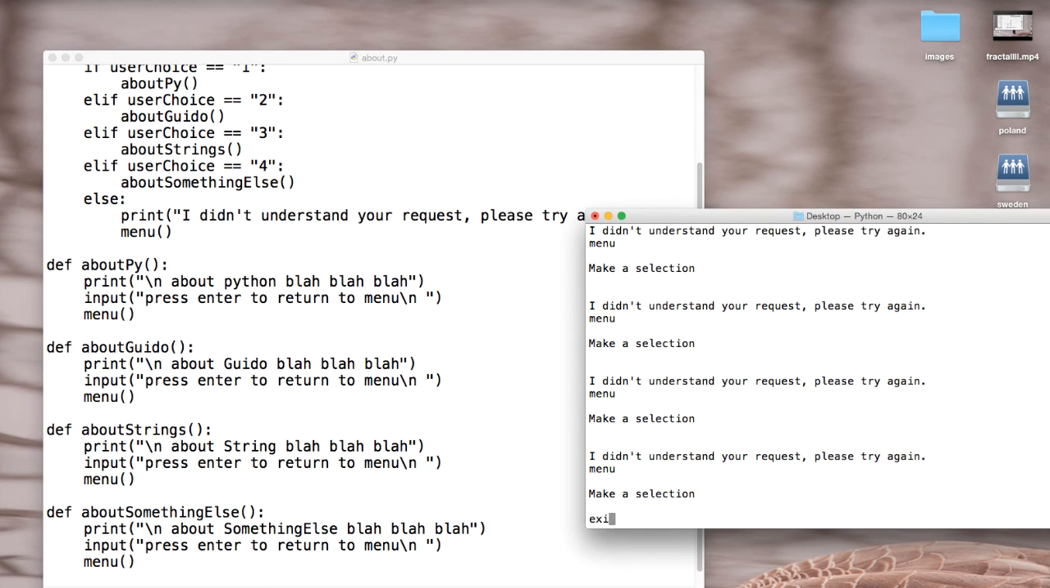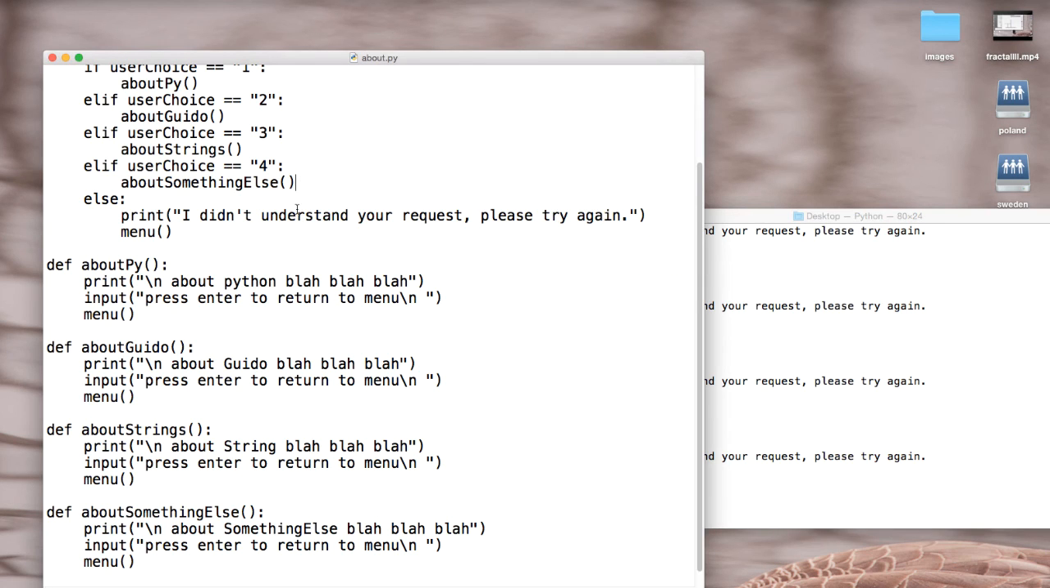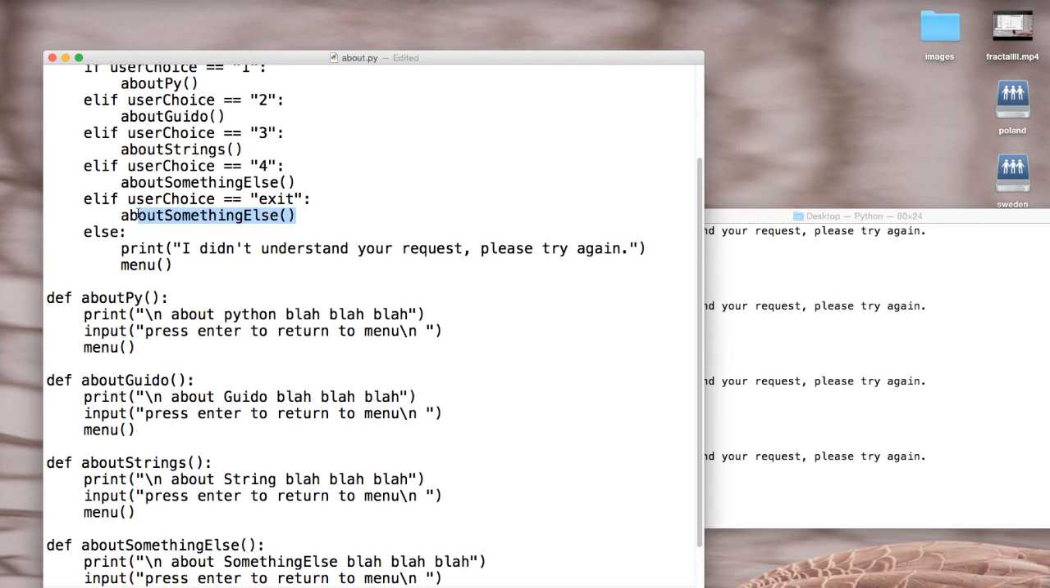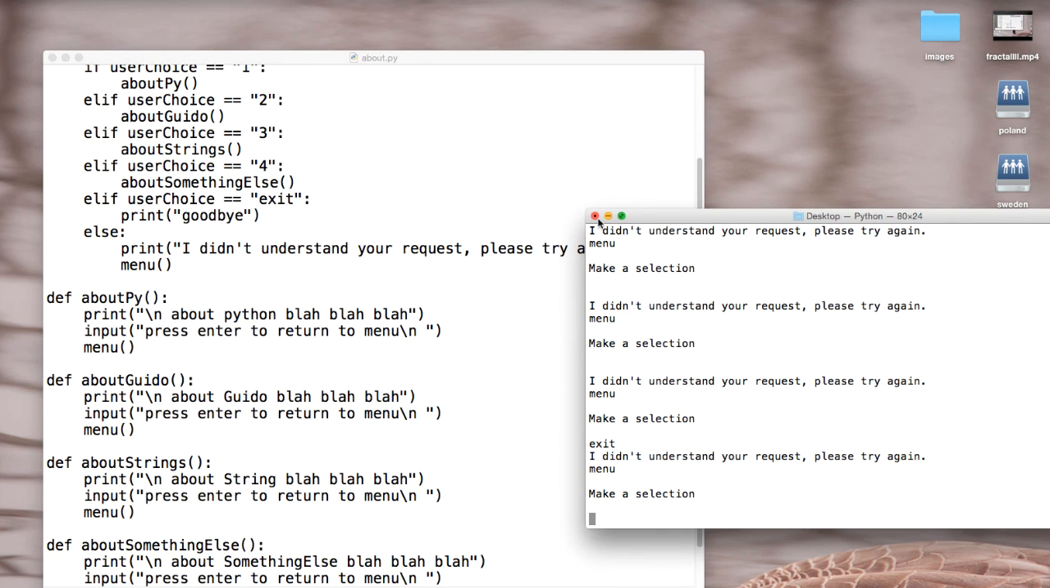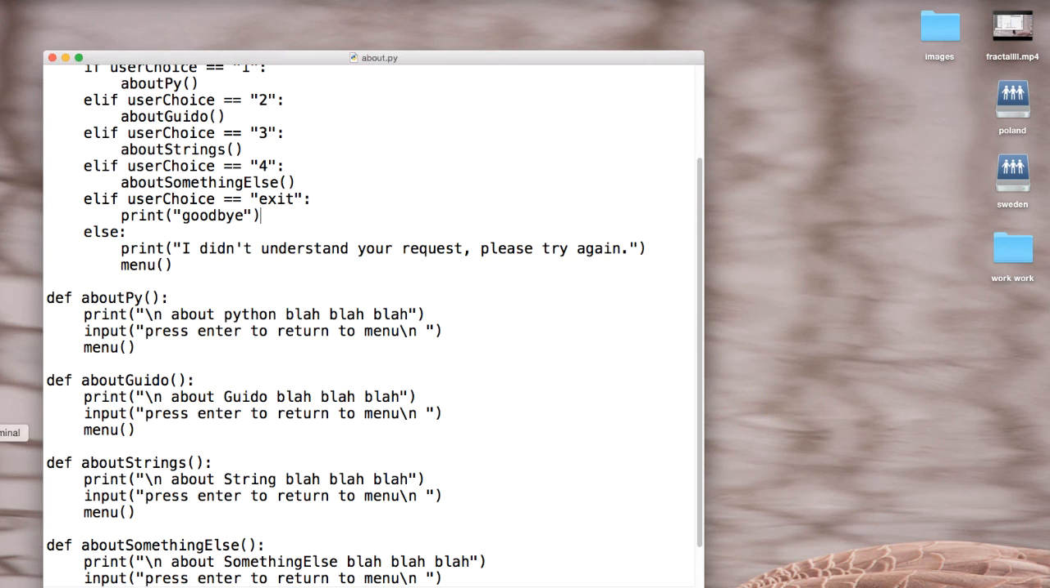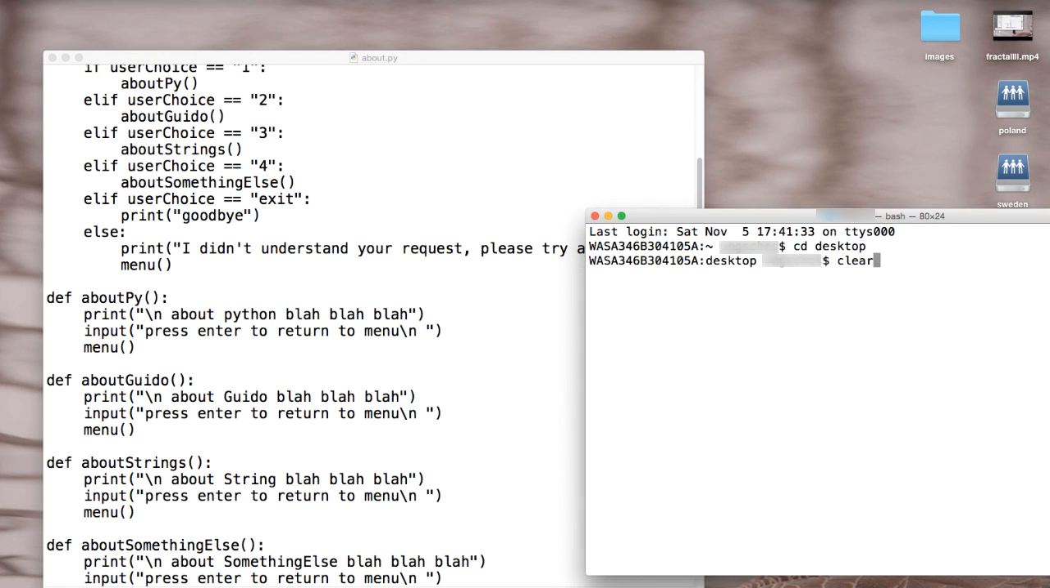Now, of course, how do I exit? I can't actually exit based on what I've done, so I could say something like, in the menu, type exit to exit, and then it just says something like goodbye. And well, I can't get out of this because I didn't make a way to get out. But now that I've done this, if I save it, rerun this,